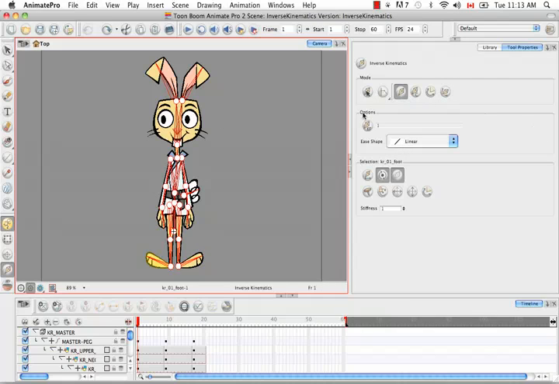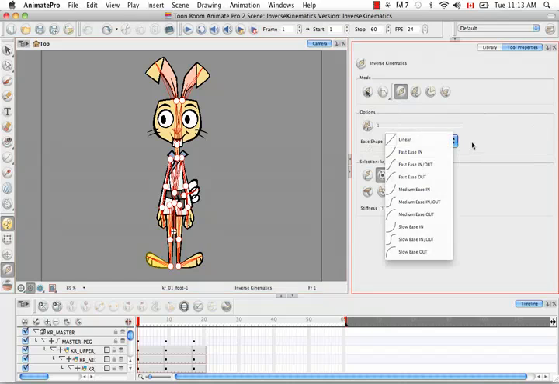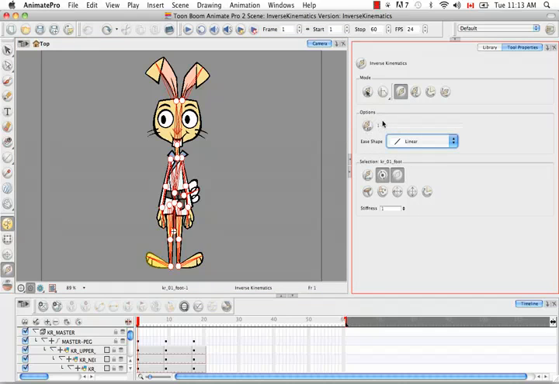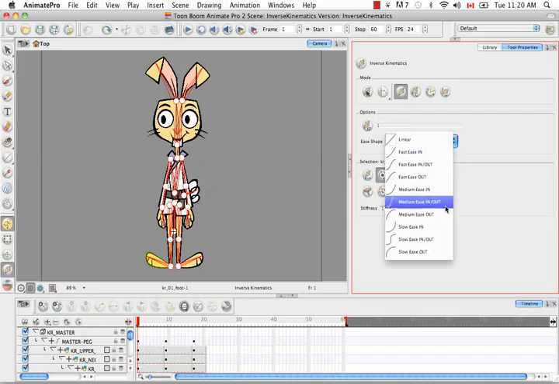So the next section we have are the options section, and there are only two options. There's the keyframe button and the ease shape drop down menu. So the keyframe button is used often with the Apply IK Constraint mode. It allows you to keyframe a range, and that range would appear in this field beside. So if you're keyframing a movement, on that first keyframe, you can choose the easing so that by the time the